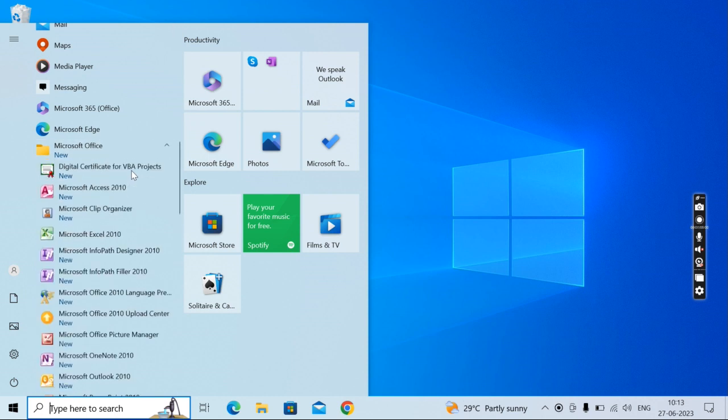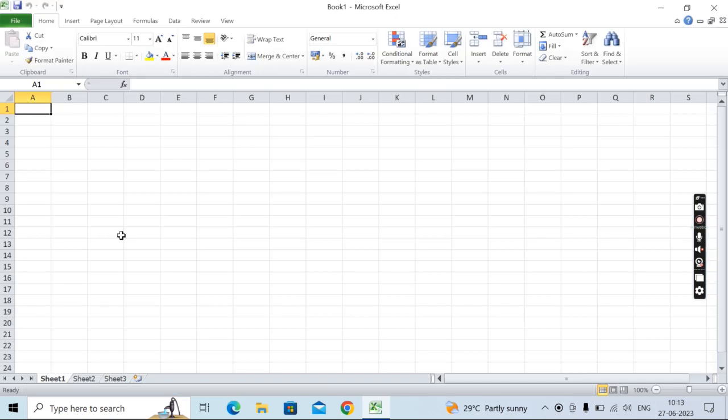You will get an option Microsoft Excel 2010, click on that, and after clicking on Excel you will get an interface like this. There are so many options or components of the window which you have to know before working with Excel. So firstly we will work with the title bar that is displayed at the top of the window, and it contains two pieces of information: the name of the software and the name of the document. Like here it is written as Book 1. When you save your workbook with a particular name, that name will be displayed there.